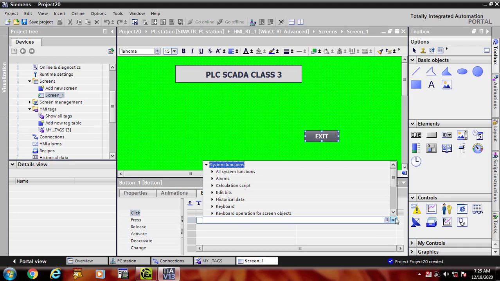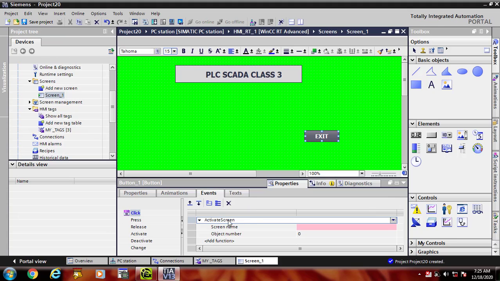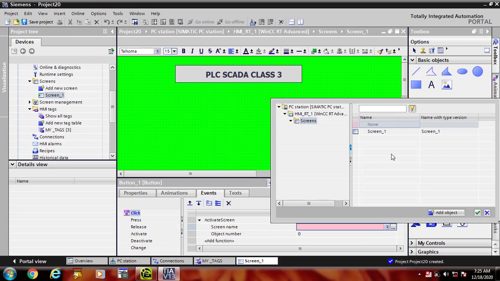Go to click, go to its function, activate screen. This is not its real function. I have to assign it the stop runtime function. This function is not correct, so I want to choose another function.